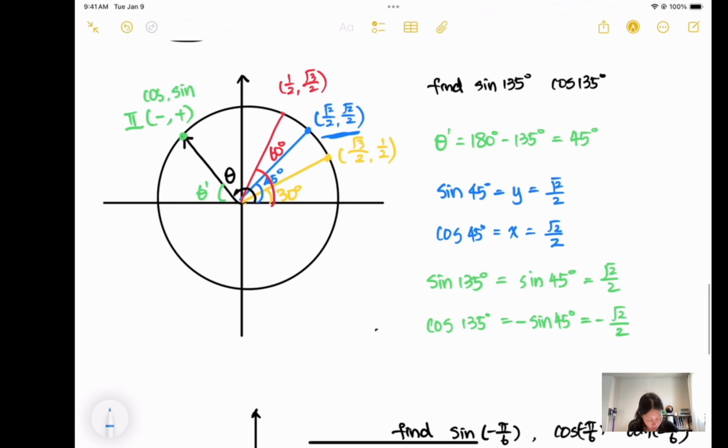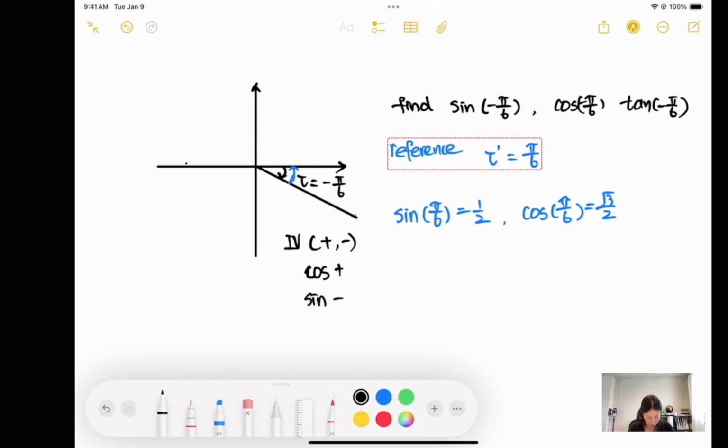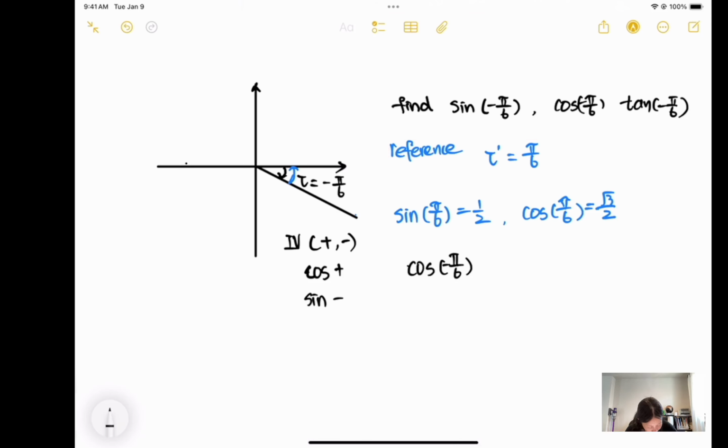So in this case, our cosine of negative pi over 6 is equal to cosine pi over 6, which is square root of 3 over 2. And then sine of negative pi over 6 is equal to